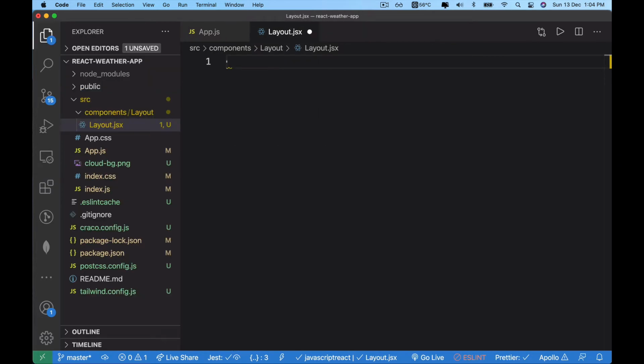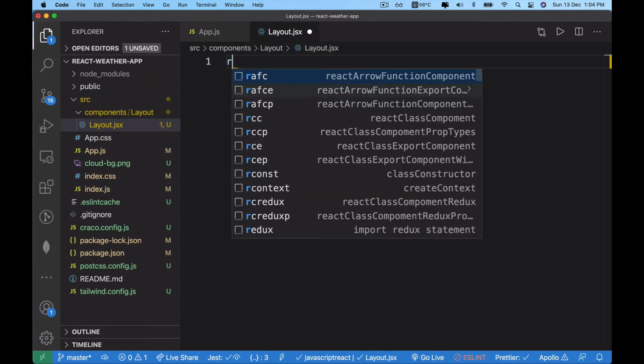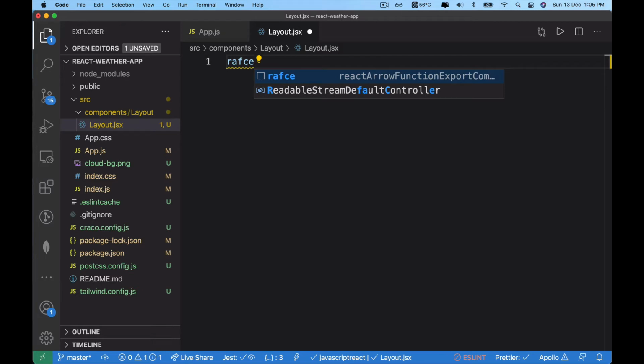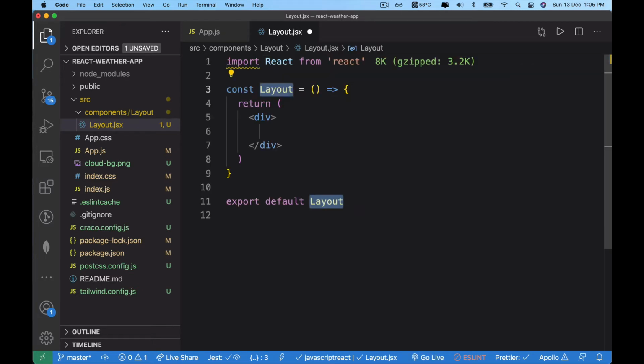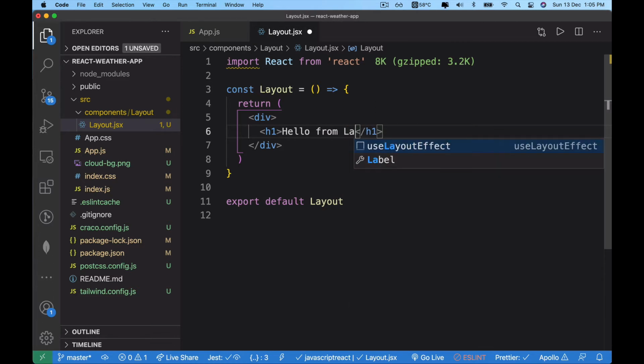So now inside this layout.jsx file, let's just quickly stub out a basic React functional component, and as you can see, this exports the layout component as default. So for now, let's just say h1 hello from layout.